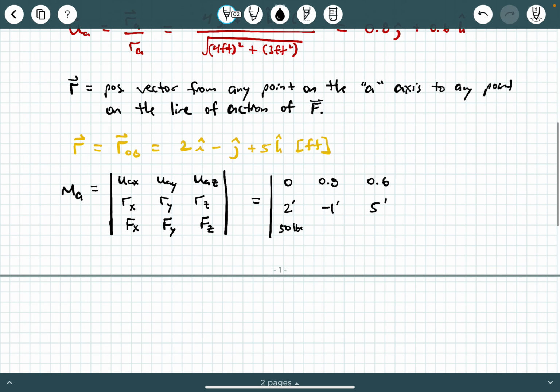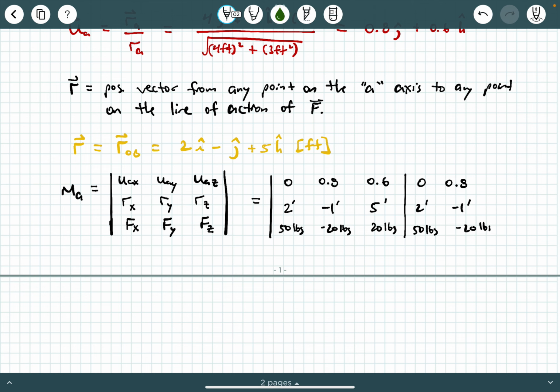So 50 pounds, -20 pounds, and 20 pounds. Now, this is a 3x3 determinant, so how do I evaluate this? Well, remember, we recopy the first two columns over here, right? So I can recopy these and say 0, 0.8, 2 feet, -1 foot, 50 pounds, -20 pounds,